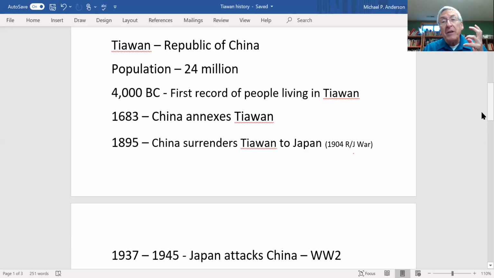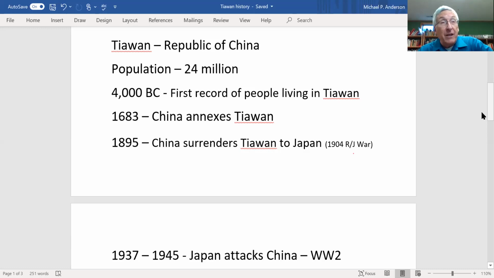They look at what's happening in China and they realize if we don't change and become more Western, it's going to happen to us too. And so through some very enlightened Japanese leadership, they tend to Westernize to the point that they are grabbing part of China, Taiwan, actually they grab Korea too, to be part of Japan. They're acting like the Western powers. We'll talk more about that when we get to Japan.